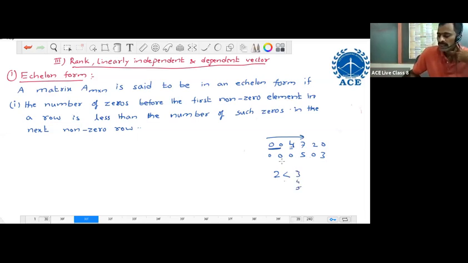In the next row, how many zeros are there? 3 zeros before the non-zero number only. So 2 is less than 3. In the first row, if we have 2 zeros before the first non-zero number, in the next row we should have more than 2 only. More than 2 means 3, 4 like this. But here 3 zeros are there, so the condition is satisfied. Between the two non-zero consecutive rows,